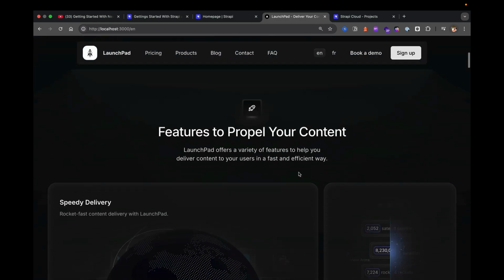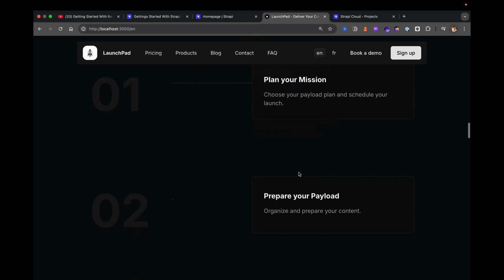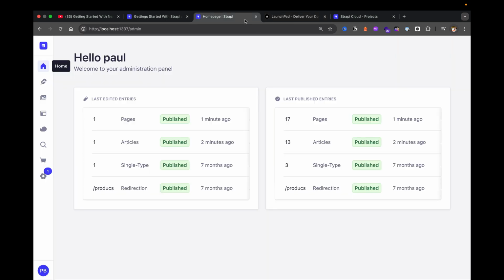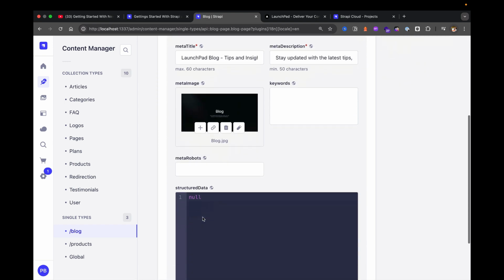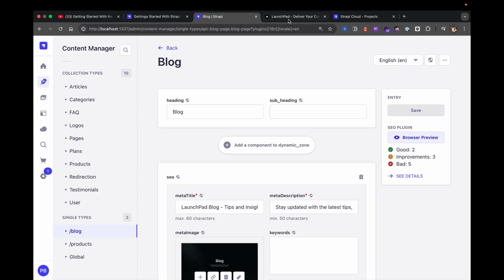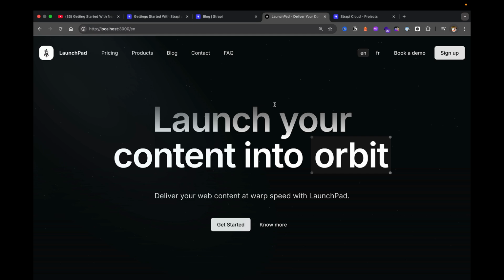Launchpad is our official demo app that shows you how to use Next.js with Strapi. Here I have it running locally, and this is our front end as well as our back end, where you could see all the different articles, categories, collection types that represent our front end website. But now that we have this project deployed locally, let's take a look how we could deploy our project to